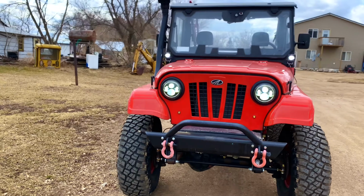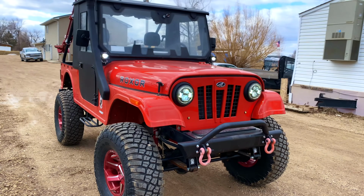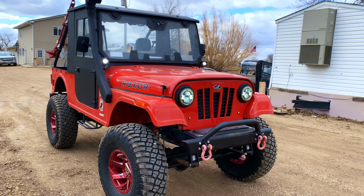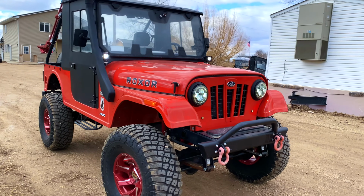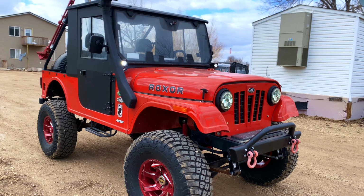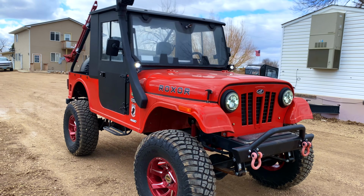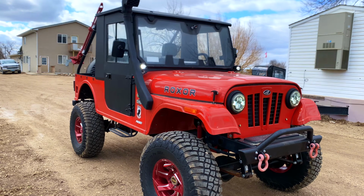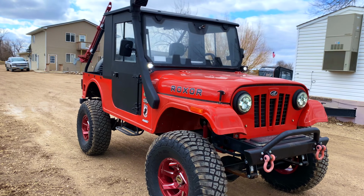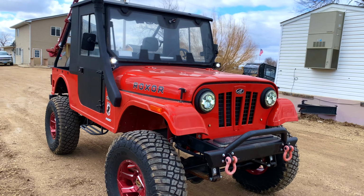CKD, complete knockdown. So these were Mahindra Thar vehicles that were imported from India. You know, the tub, the engine, the drivetrain, and then these were adapted and assembled in Auburn Hills in Michigan in the United States. So initially the vehicle got very rave reviews. It was really popular, and it was just taking off when a series of lawsuits halted production, halted import of the Roxor, and Mahindra basically had to fight, and now they are still being assembled with a very different look, and they are now sold also through,